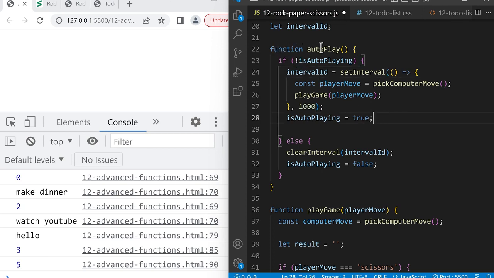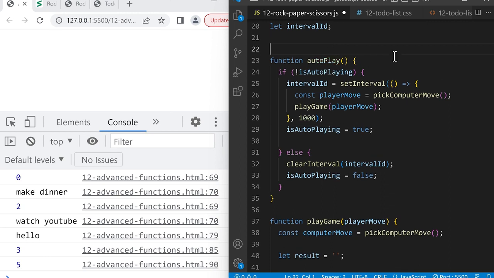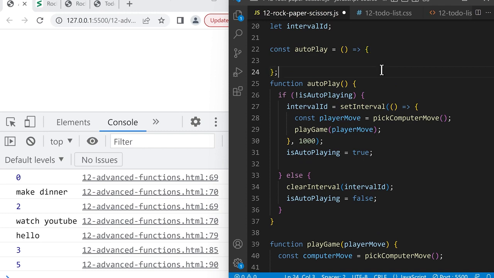Now, what about this function up here? Function autoplay. Should we also switch this to an arrow function? So this situation is more personal preference. So above this, let's actually create an arrow function version of this. Const autoplay equals brackets and arrow and curly brackets. So even though we could create an arrow function version of this, I actually prefer the regular function syntax here